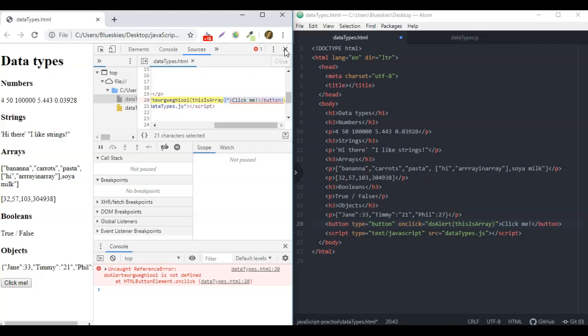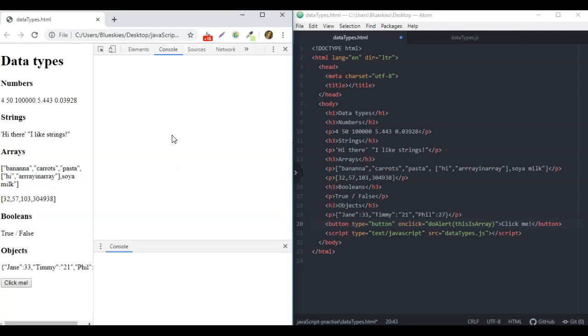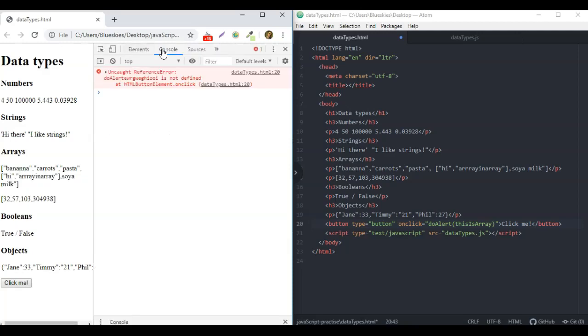Just to reiterate what I was saying, you want to go to your developer console on your browser. Having Google Chrome makes it very easy. You go Control-Shift-I if you're on PC or Command-Option-I if you're on Mac, or you can just right click and go to Inspect, and you just make sure you go to Console. This is going to be really helpful in general whenever something's not happening that you want to, check this out and see if there's an error